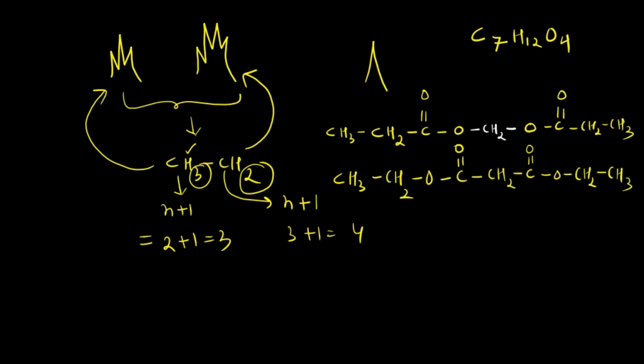Now, this is quite clear. This particular CH2 group, which is in between the oxygen atoms, will show a singlet. Why singlet? Because there are no hydrogens on the neighboring atoms, so there will be no splitting. So this is a singlet for this CH2, and the same is true for this one. If you draw the splitting pattern: triplet, quartet,